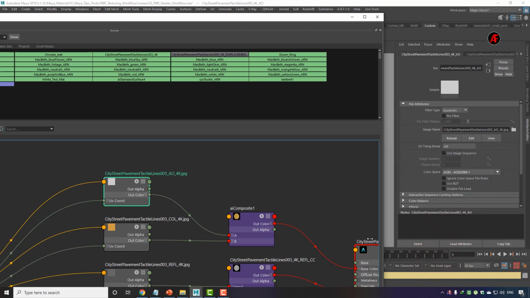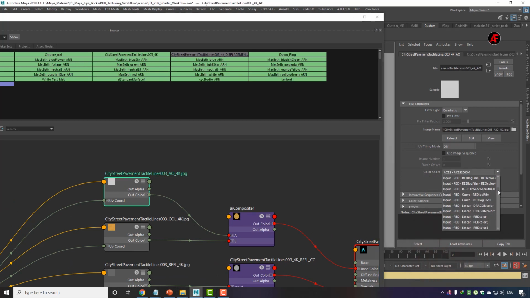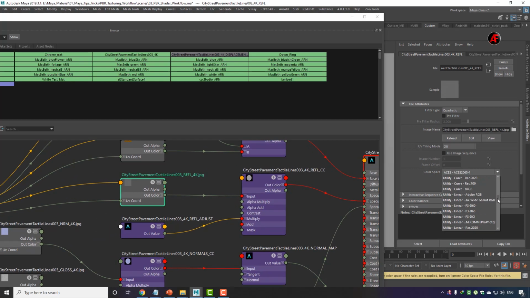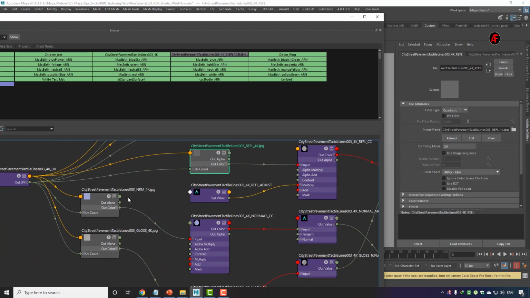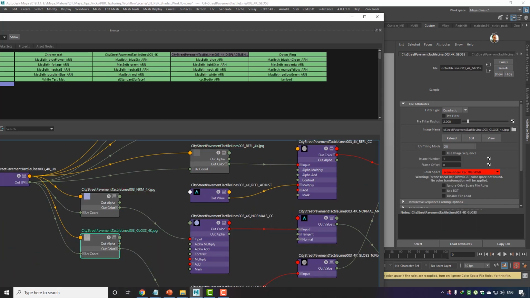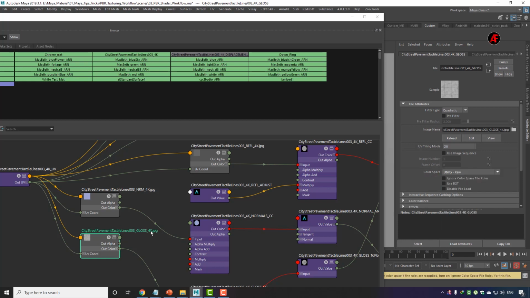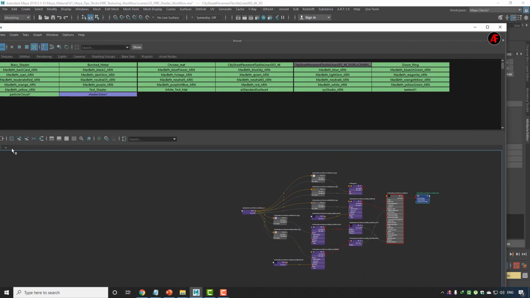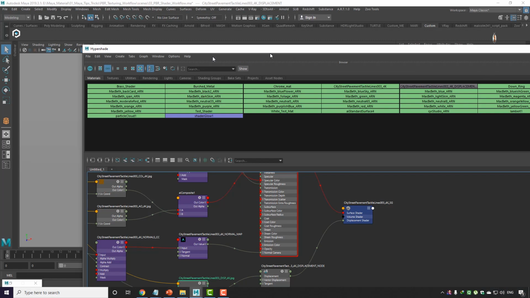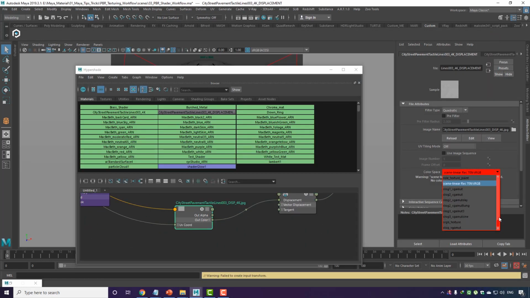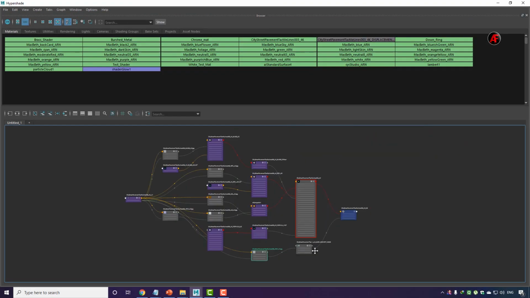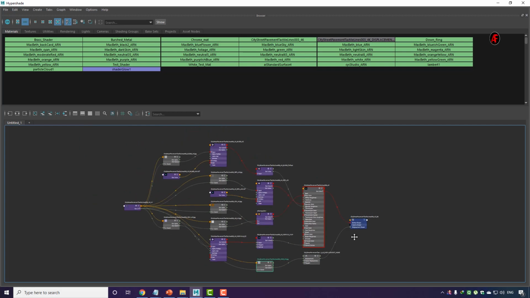So I'm just going to click on this AO, and then go to the utility. So right, okay, now all the textures have been corrected by color management.